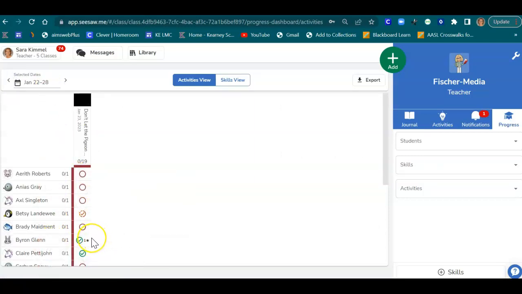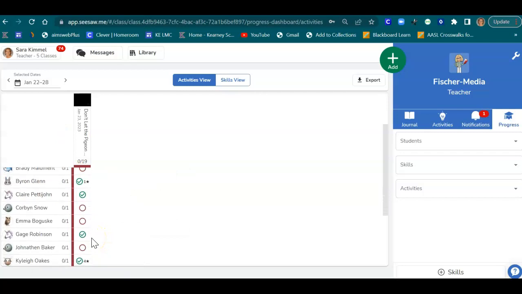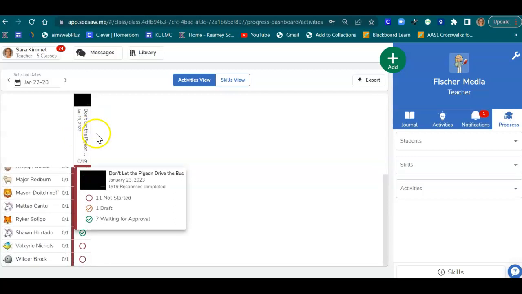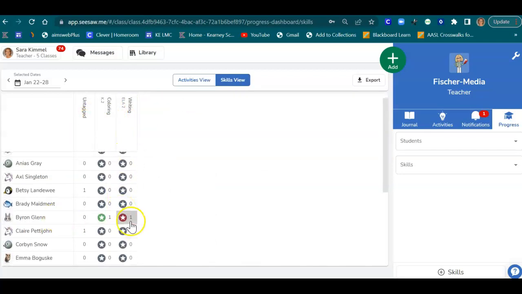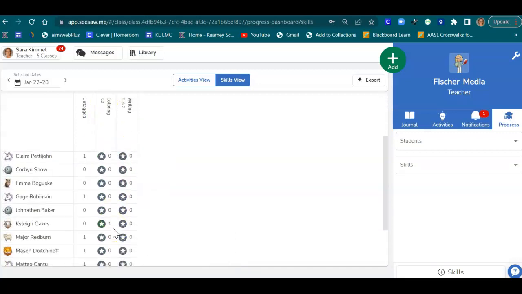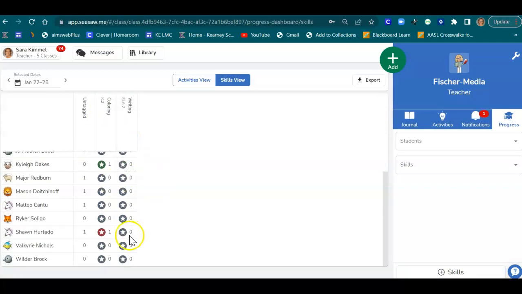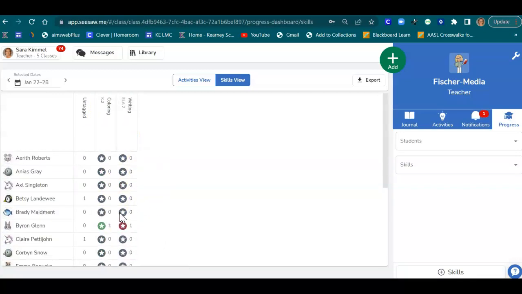So the ones that I graded, you can see the scores that I just put in, right? They're kind of in there for this activity. I can go all the way across and see it by activity, or I could do it by skill. So let's say the skill was writing, coloring, or just one that has nothing. I can see right off the bat that this little friend has kind of a red in writing and a green in coloring, okay? And the more assignments I have, the more I'm going to be able to see, okay? I don't do grades, obviously, but when I was virtual, guys, I used this constantly, and it's beautiful.